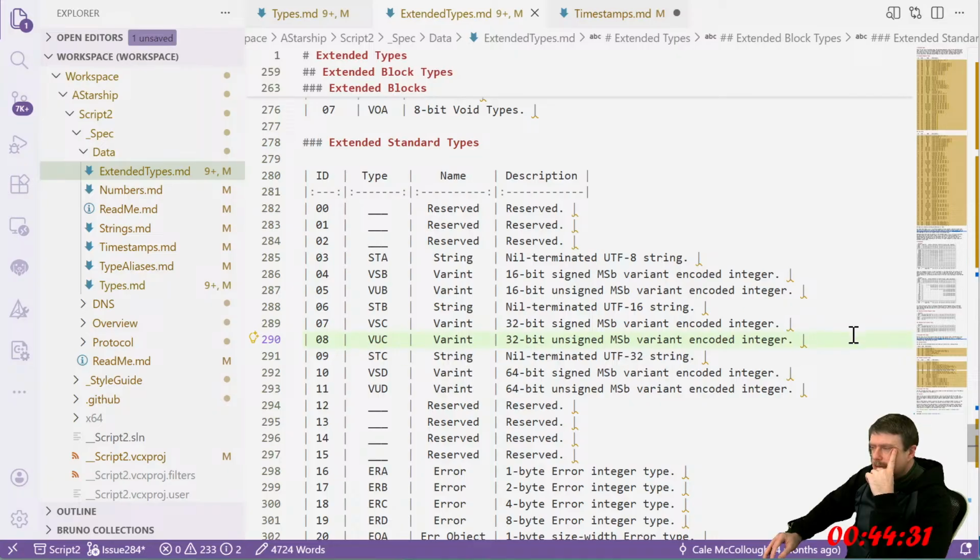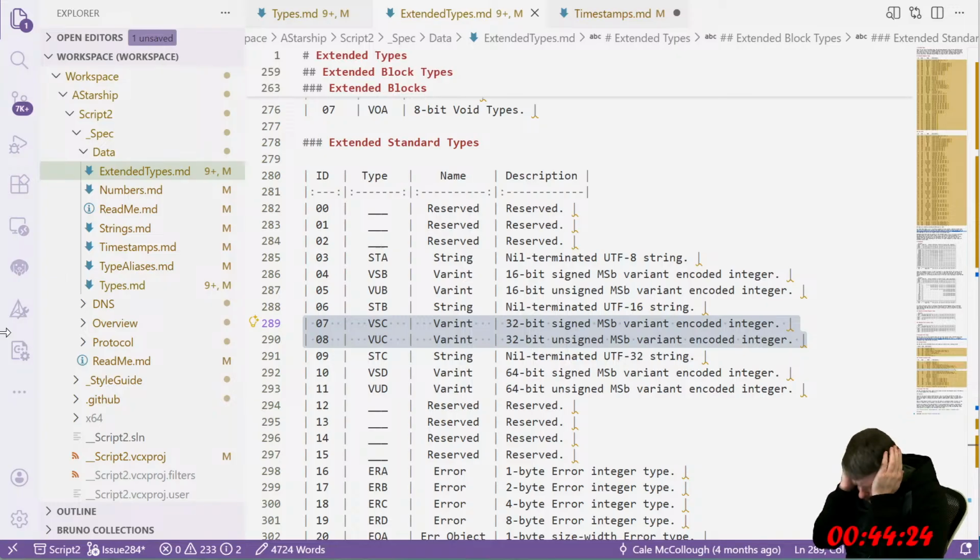VSV. Oh no, what do I do here? I thought it was an ISV. An IUV. Because I have multiple of them. There's the 32-bit and the 64-bit. And there's a 16-bit, I guess.